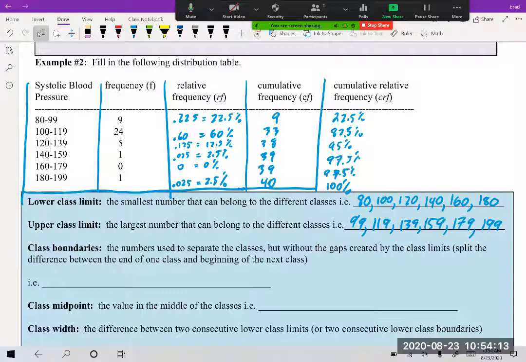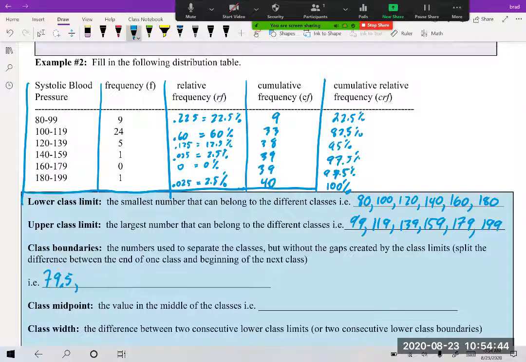Then it says class boundaries, the numbers used to separate the classes but without the gaps created by the class limits. Split the difference between the end of one class and the beginning of the next class. In this particular case, what's between 99 and 100? Well, that would be 99.5. What's between 119 and 120? That'd be 119.5. So I'm going to start with the smallest one, which would be 79.5,